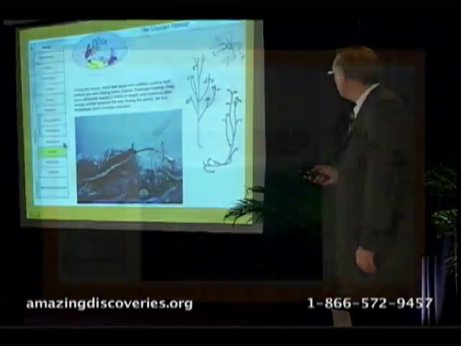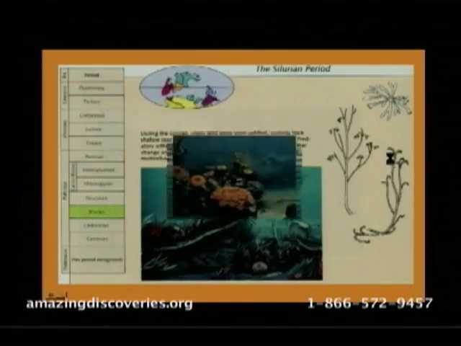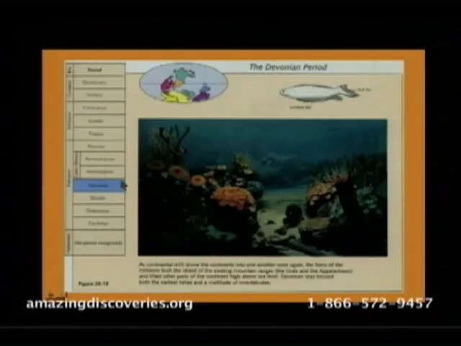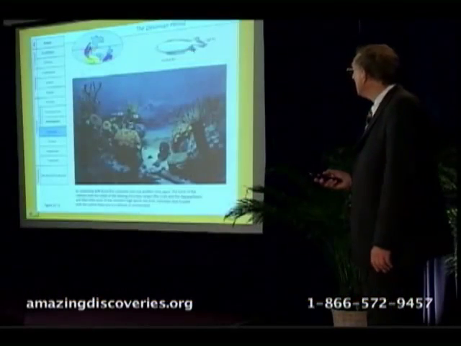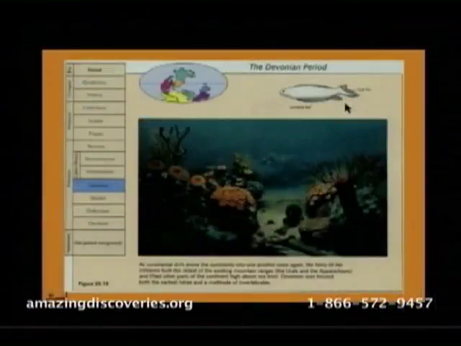As we go higher into the Silurian, you have some more creepy crawlies and some plant material. Then we come to the Devonian, which is known as the age of the fishes. So we have many, many fish in the Devonian, and the record is just covered in fish. Some very interesting fish fossils. We'll have a look at those in a moment.